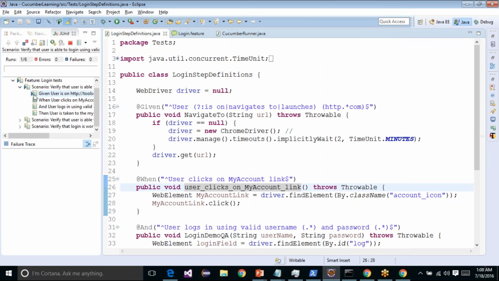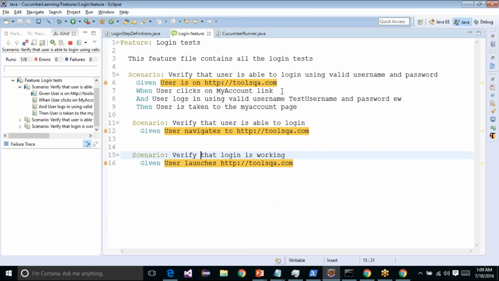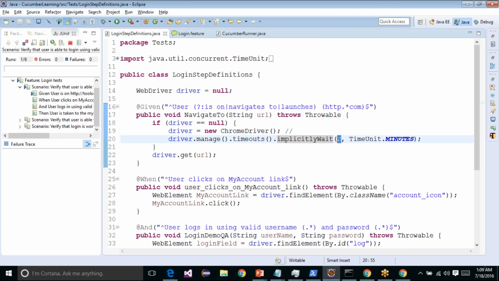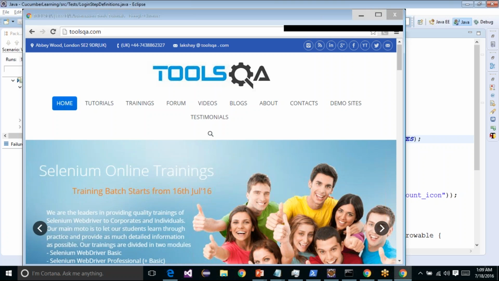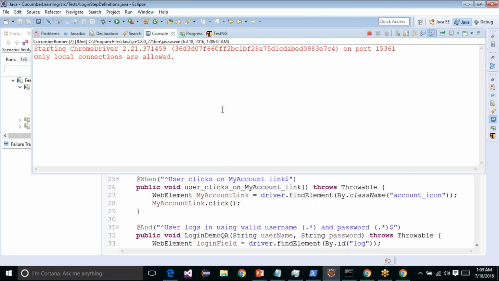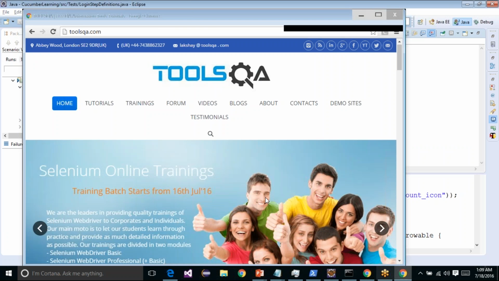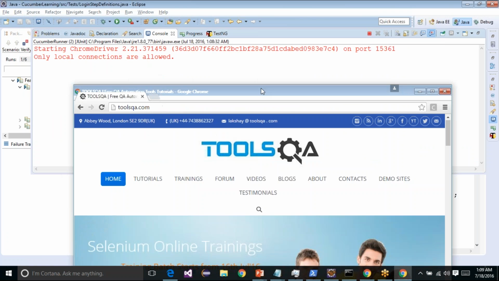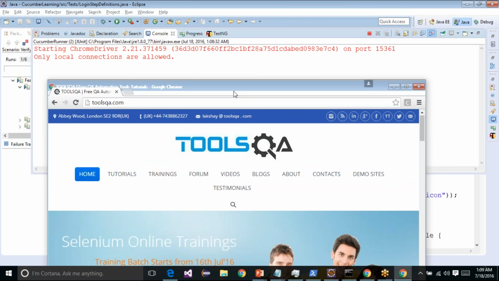It's stuck at the first step. Let's see what the second step is. Clicks on the My Account link. Well, we have a timeout of 2 minutes, so it will wait for 2 minutes before quitting it. I think I should have removed the additional steps, but anyway, let's wait for a few more seconds, and it should just move ahead and fail the previous test because we are not on the right URL, right? So